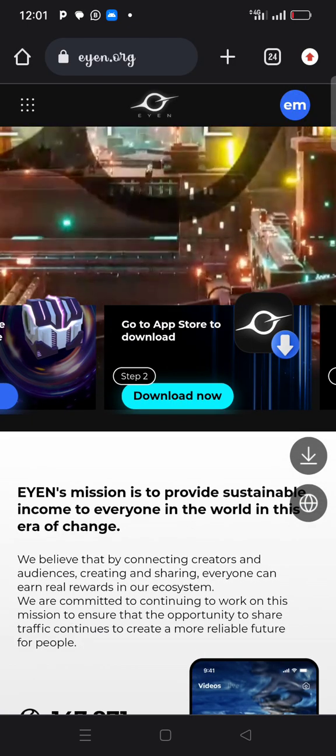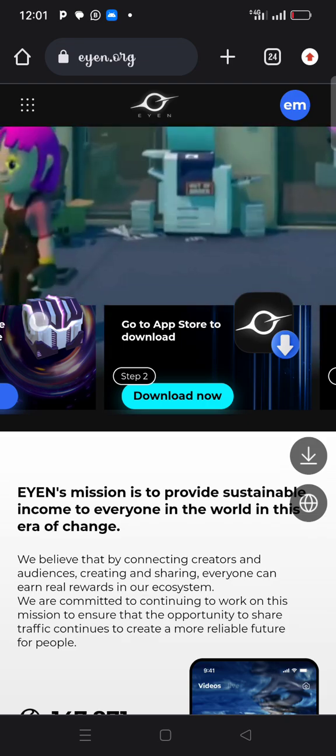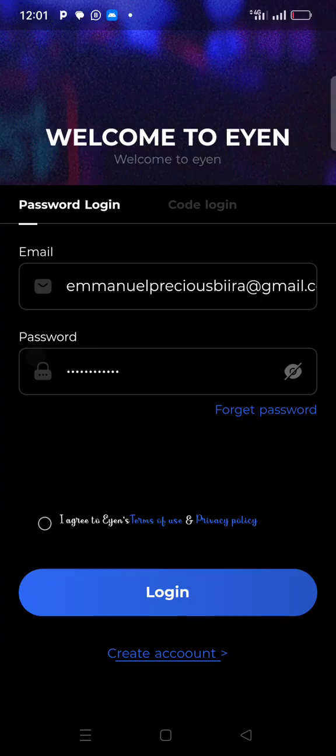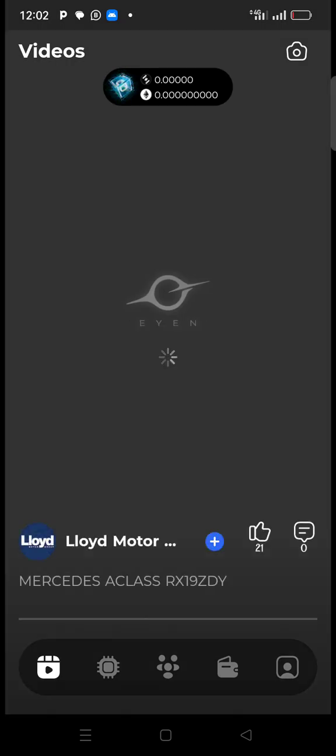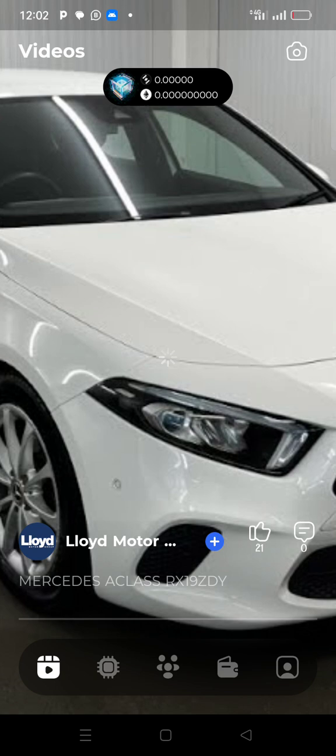So after downloading from the Play Store, it will take you to this place where you have to input your email and your password and agree to the terms and conditions, then log in. So this is the dashboard where you will be watching videos and watching advert placements from different